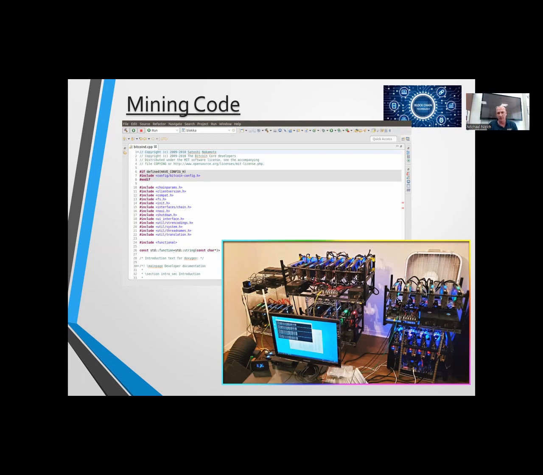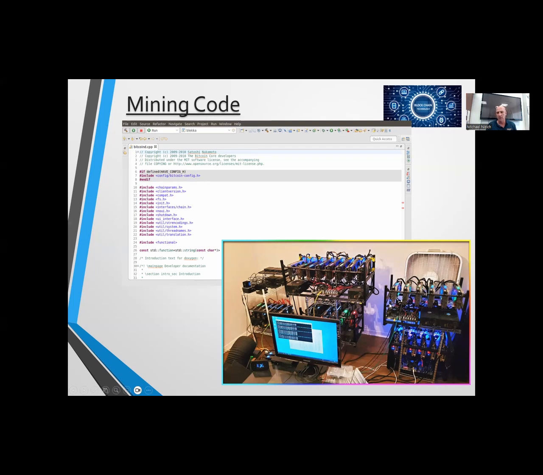So just to put this into a little bit of a practical demonstration or example here, this is a snippet or a snapshot of code that's actually used to mine Bitcoin. This is a Bitcoin mining farm, a small one.